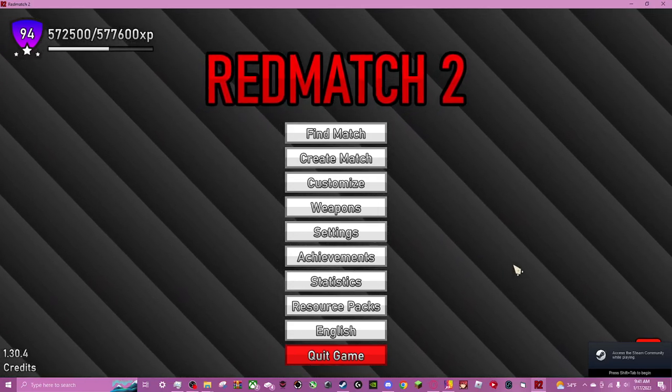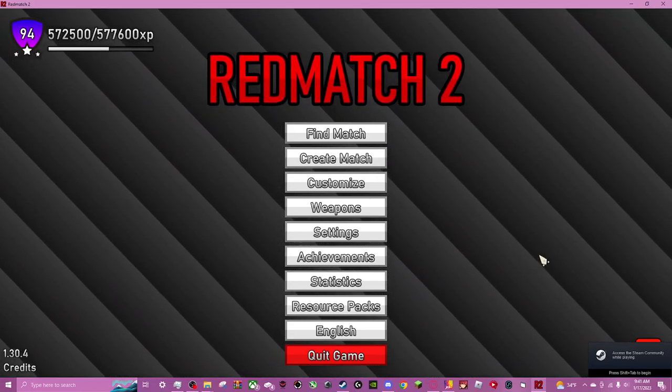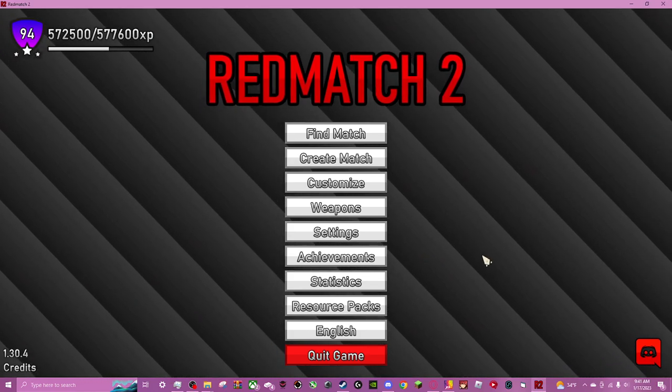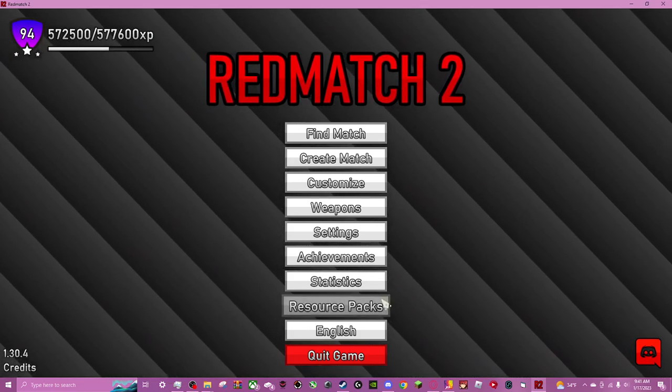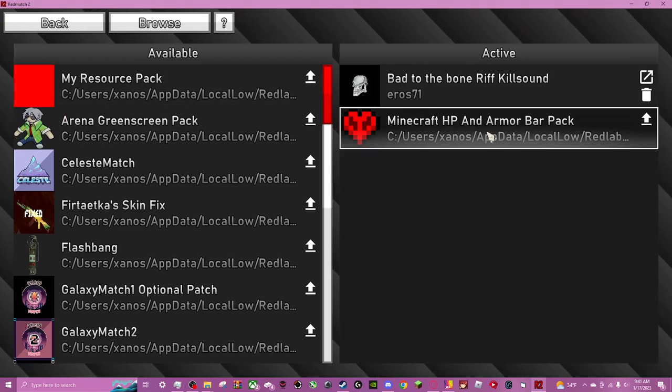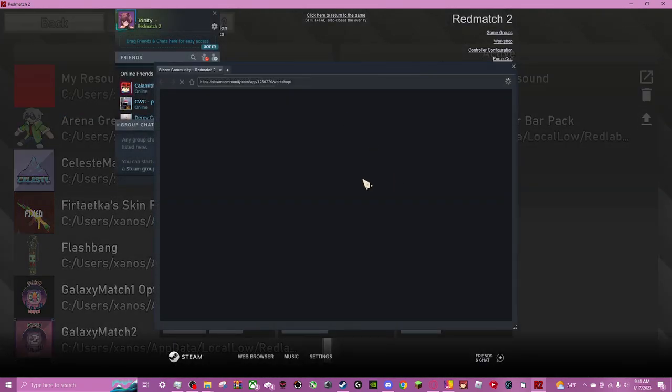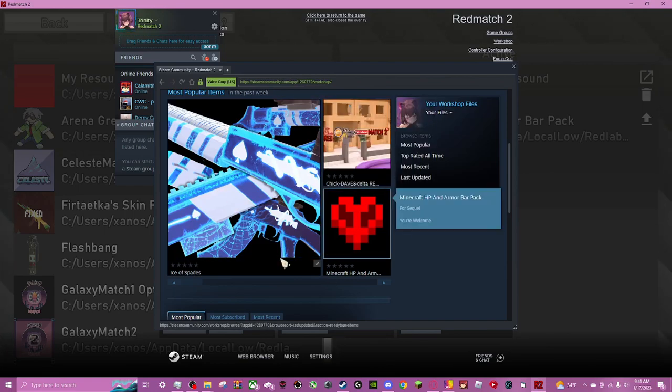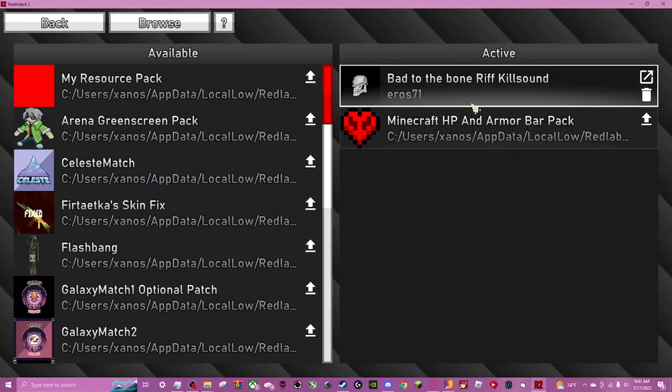Hello, this is like take 15 of how to make a resource pack in RedMatch2, and I'll just be quick to the point this time. As you can see here, there's resource packs. If you don't have resource packs, just go to the Steam Workshop, subscribe to any of these. It does not matter which one you subscribe to. But in this case,